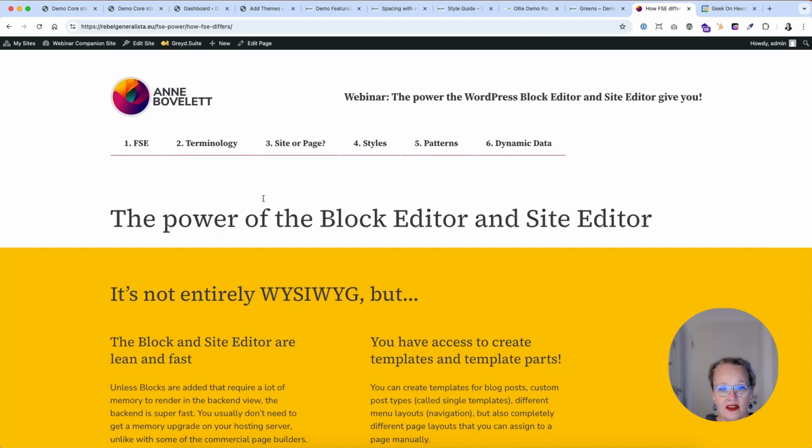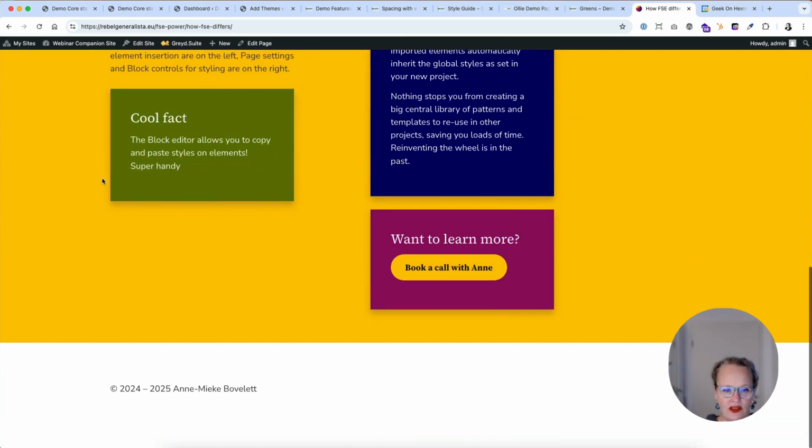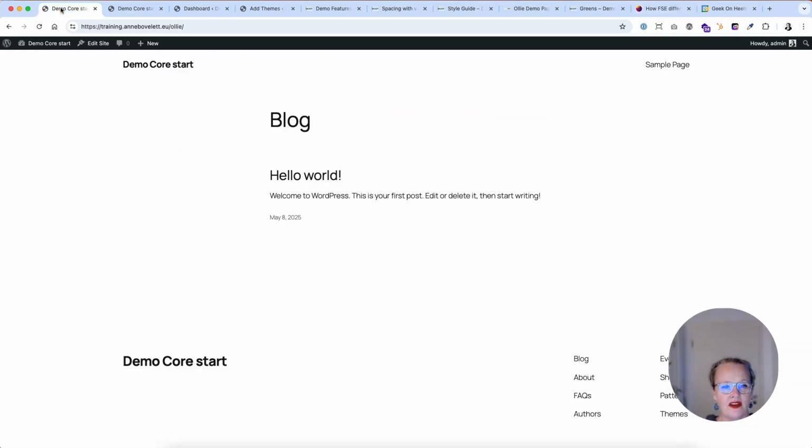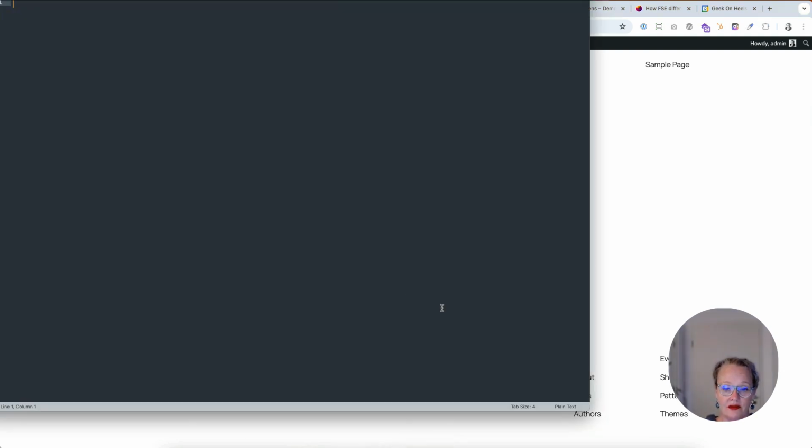So if we take a look at this companion website, for example, in the top there is the navigation, then there is what's in the middle, and then there's a footer. Now, if I look at a basic vanilla WordPress installation, and vanilla means it is just WordPress with nothing else, same thing, the header, the content, and the footer. Now, what happens here actually is,